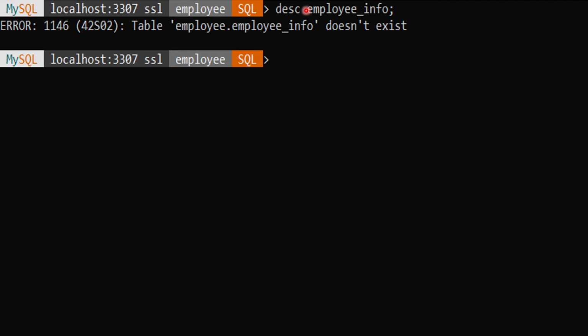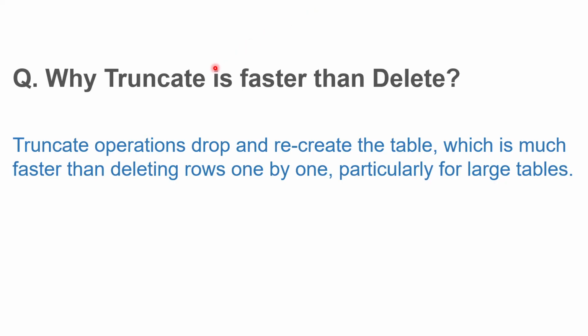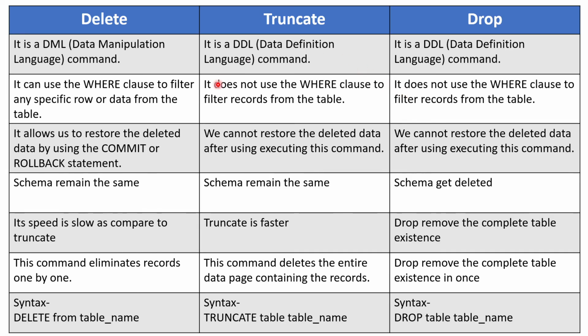Now one more question is why truncate is faster than delete? So whenever we delete all the rows using truncate, it internally drops the table and then recreates it, while the delete command deletes the rows one by one and it also maintains the transaction log. So when we work with a large amount of data and want to delete all the rows, then truncate is a good option and it is faster than delete. And also here is a table which will give you a clearer picture about the differences we have discussed.